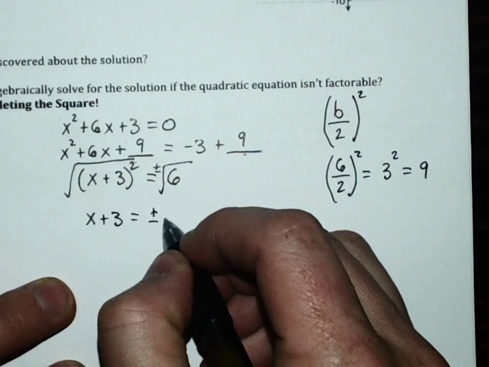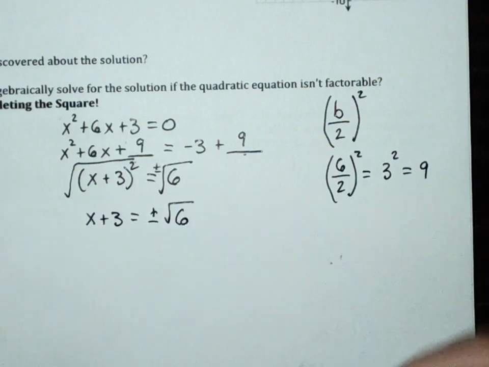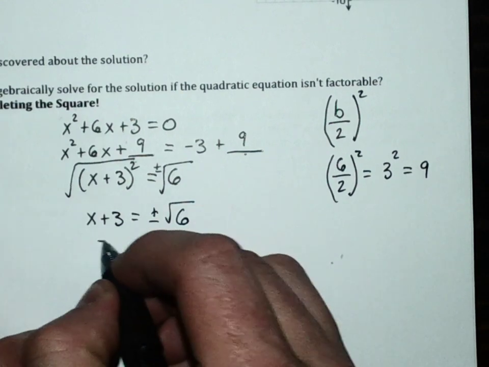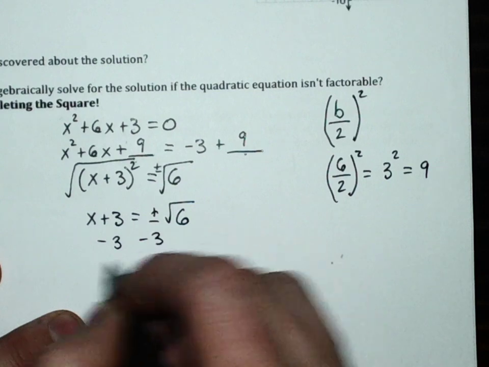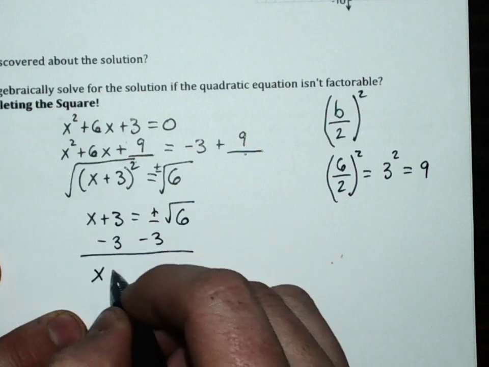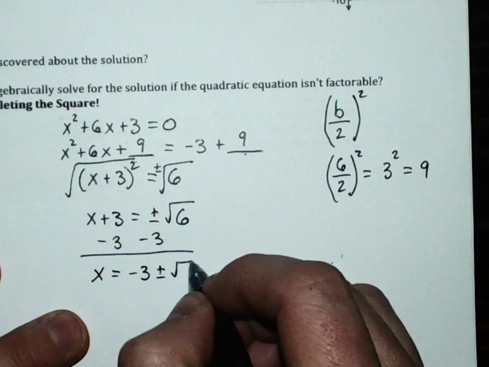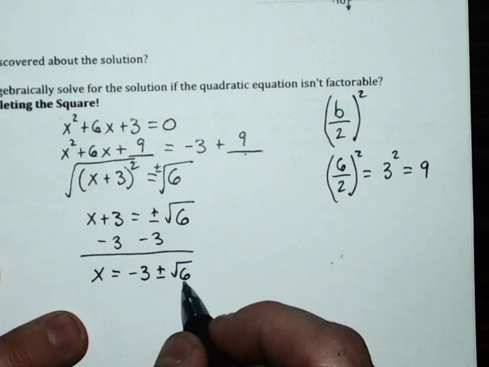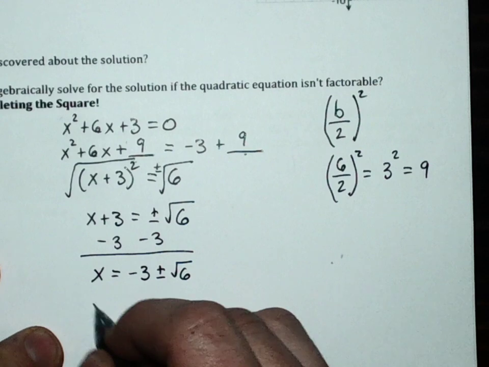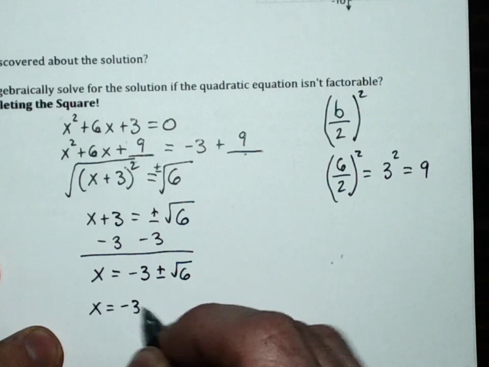On the other side, we have plus or minus the square root of 6. We can now subtract 3, getting our two solutions, -3 plus or minus the square root of 6, which really means that x equals -3